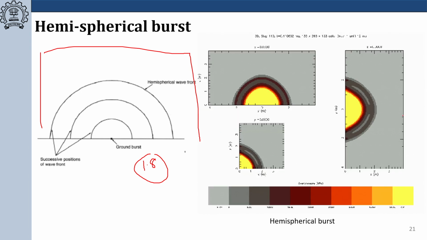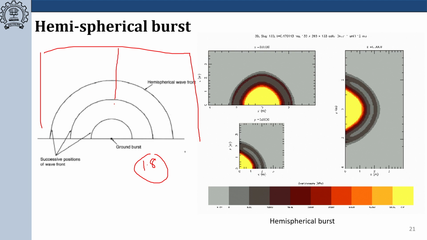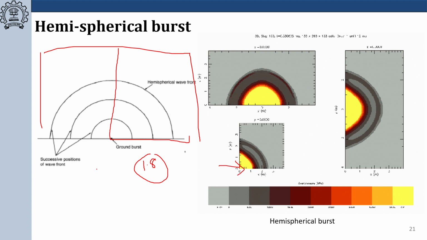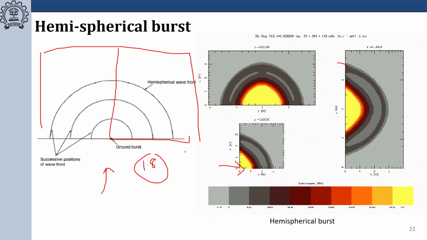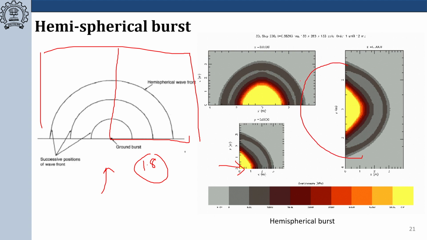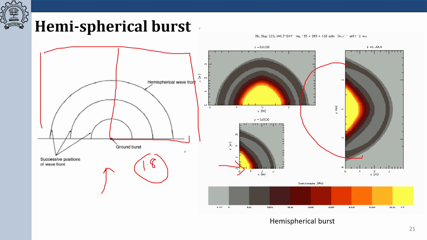This will be the side view, it is visible here, and this is the front view. If you see from here, this will be the front view, and this is the top view. Here it is spherical, the shock front propagating into the domain. So this is how you can simulate these three scenarios, and based on these conditions,